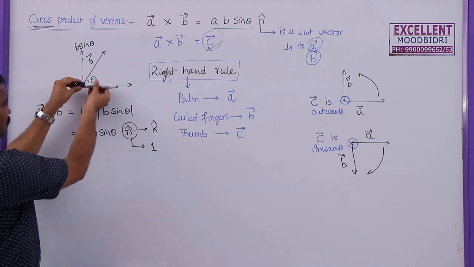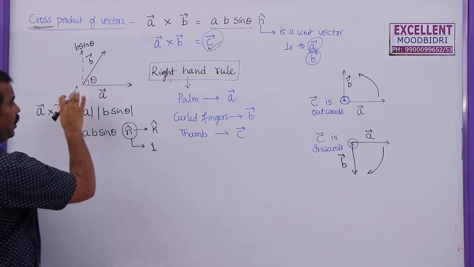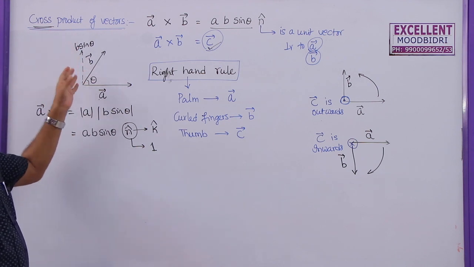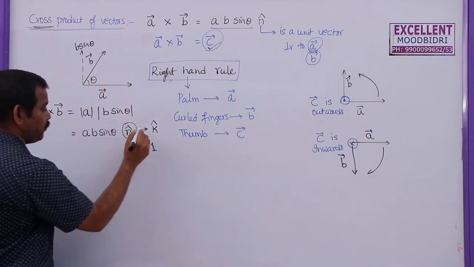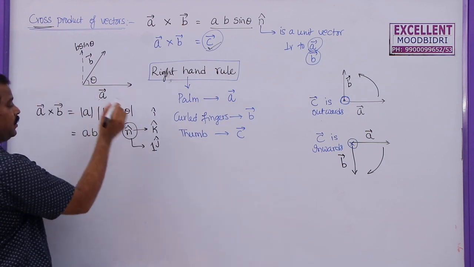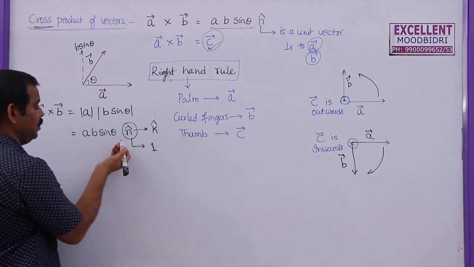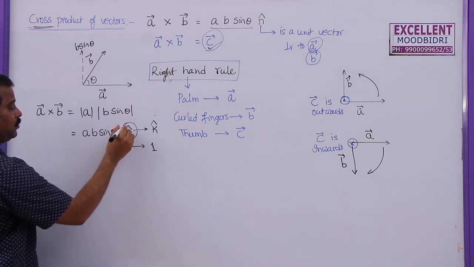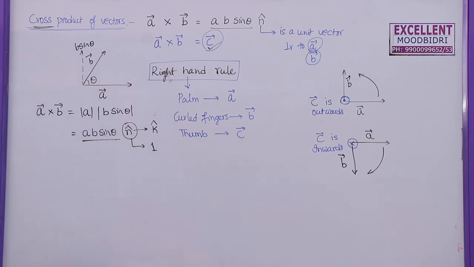Suppose A bar is like this, B bar is like this, and C bar will be upwards or downwards, then it may be j cap, or the product may be along the x axis. When the vectors A and B are along the y and z axes, the product may be along the x axis. So, this n cap may be i cap, j cap, k cap, but for this diagram n cap is equal to k cap and its magnitude is 1. If you multiply a quantity with 1, you get the same value, but if you multiply with the unit vector, this will become a vector.